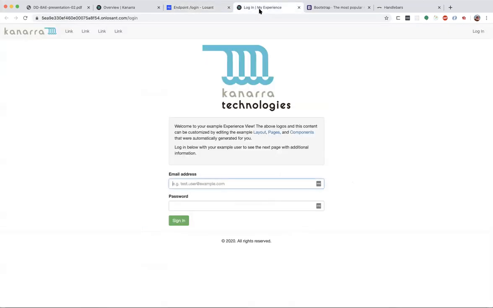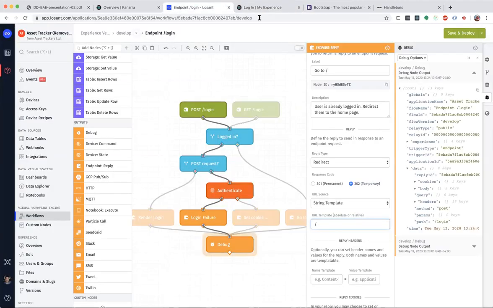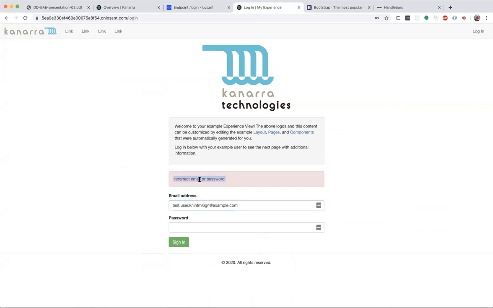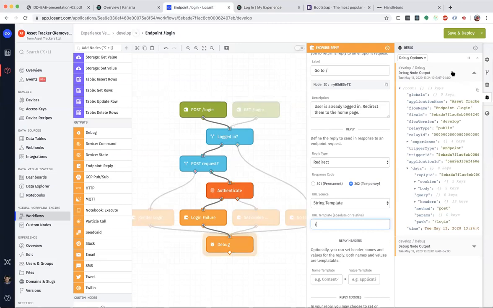Now, let's see what happens when I make a POST request. I have my email that I copied up here. The first thing I'm going to do is put in an incorrect password. I'm just going to type in some stuff here. I'm going to hit sign in and let's follow along with our workflow. Let's just go back here and see. Of course, authentication failed. My email or password is incorrect. If I look at that request, this was a POST request to /login. Again, because the user submitted credentials, they submitted information up to the application. They are not logged in.